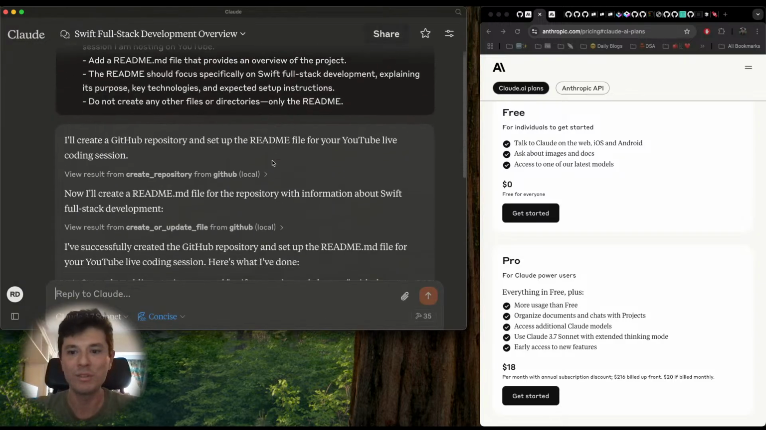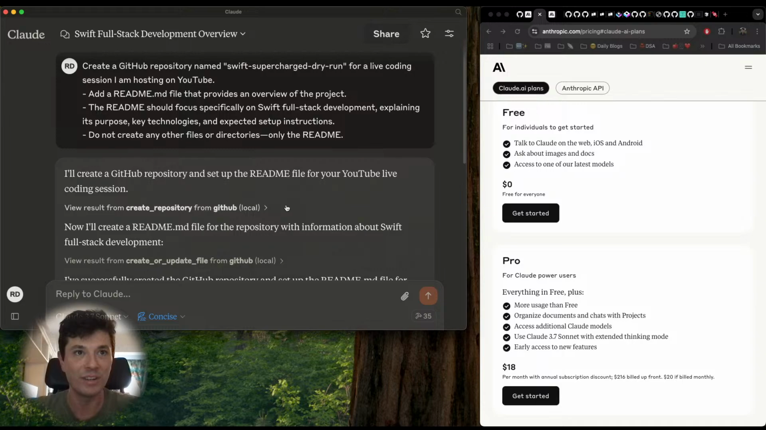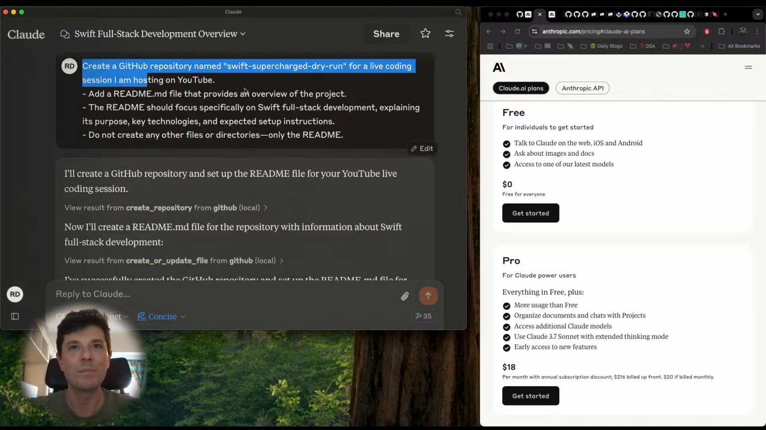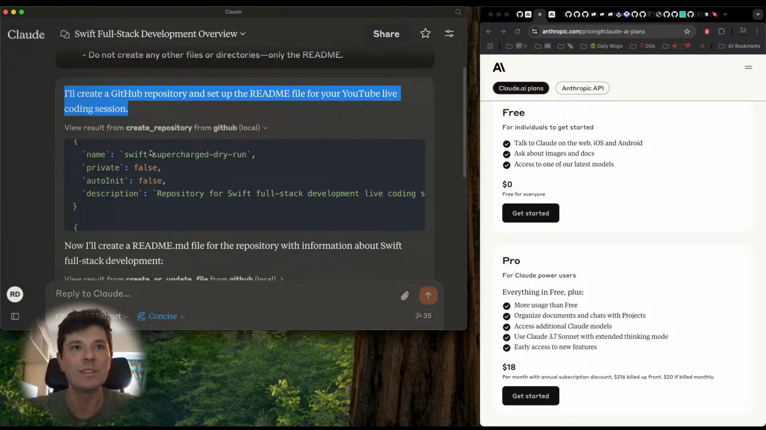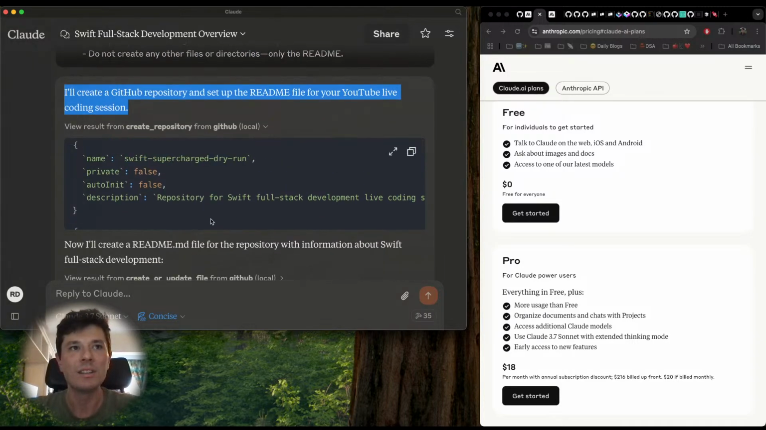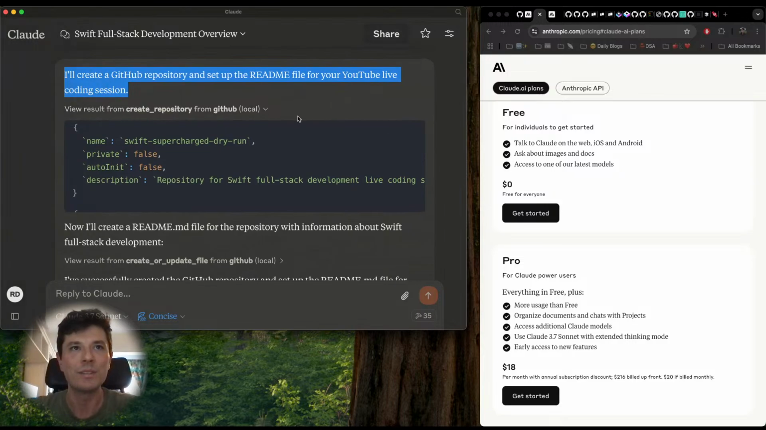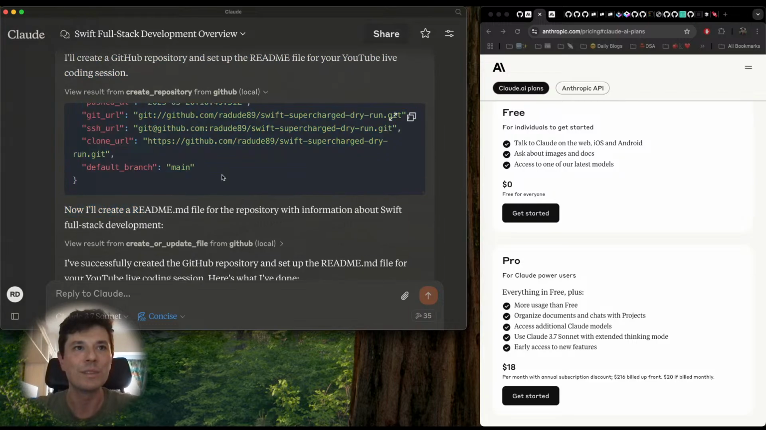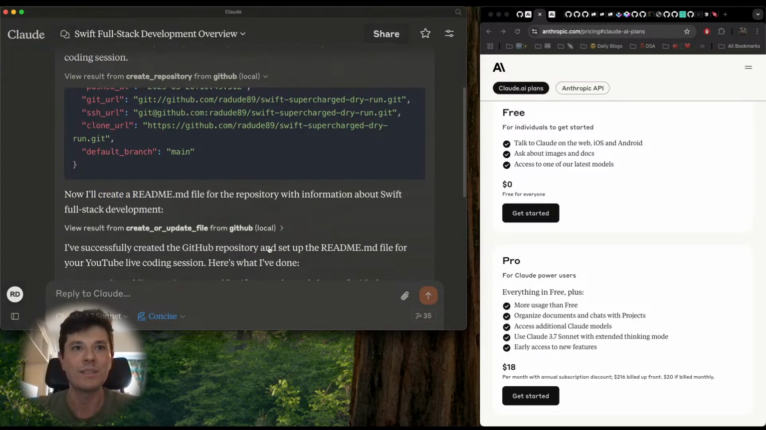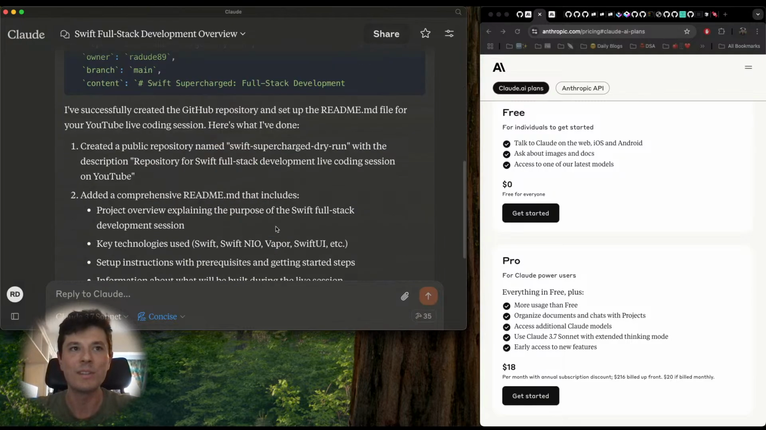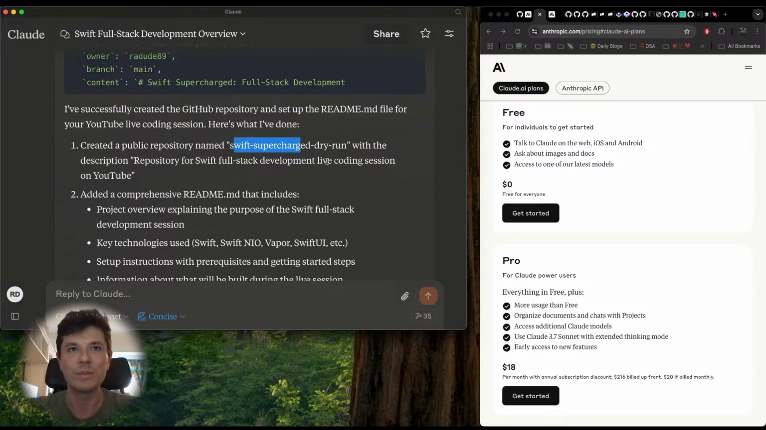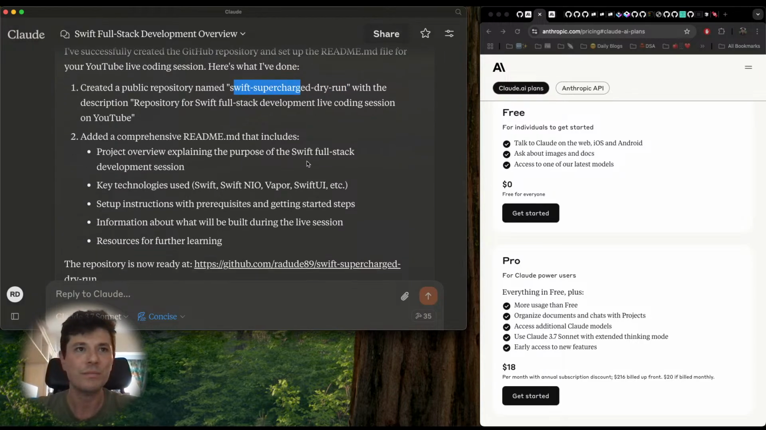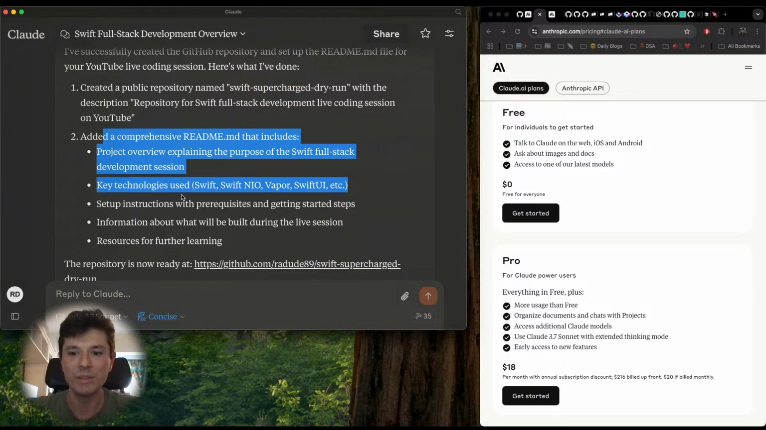I've done it before. Before the session, I did a dry run and created the actual repository on GitHub using the prompt that I'm showing you here. Here you can see the information that it gave me. It could parse the information as JSON. Then it went through the MCP server API, executing some commands. It created a public repository called Swift Supercharged dry run with the description, and it added the README file